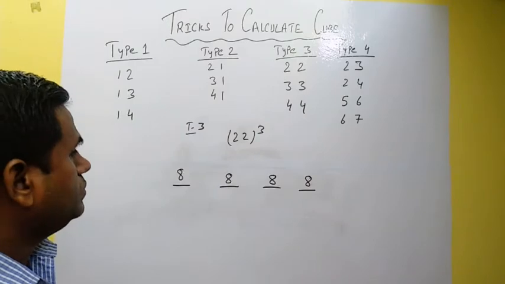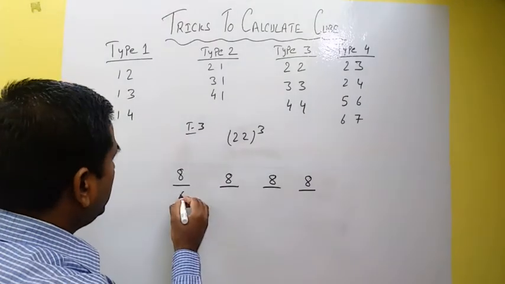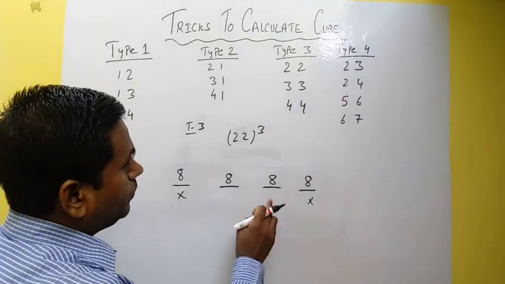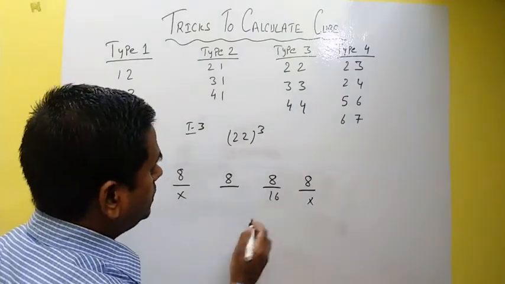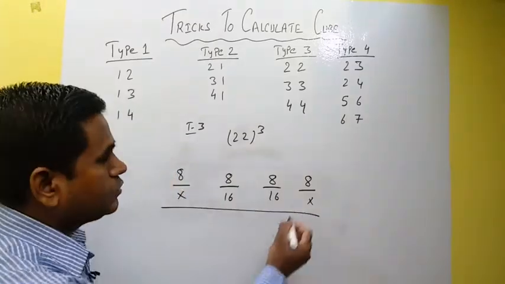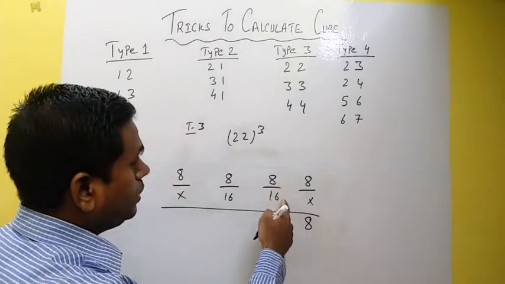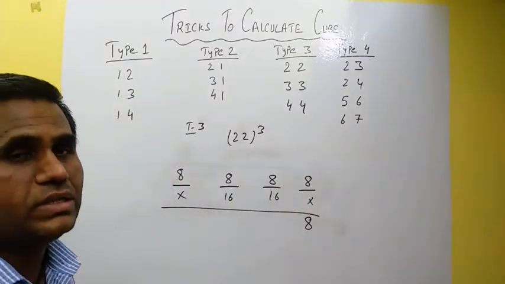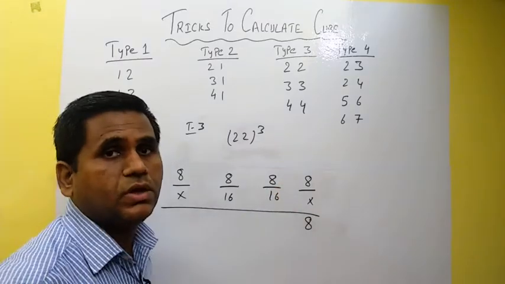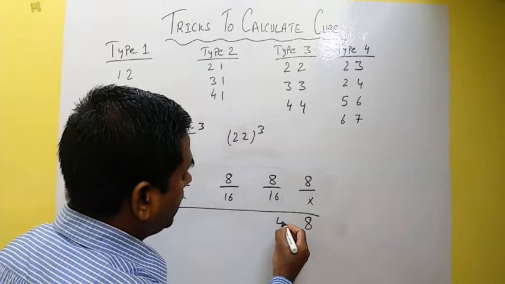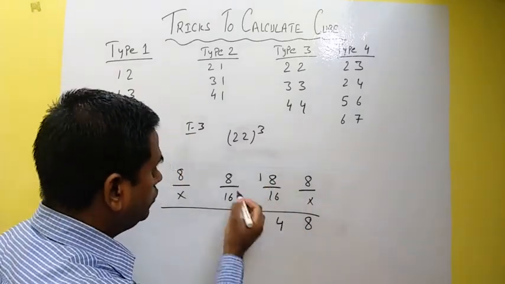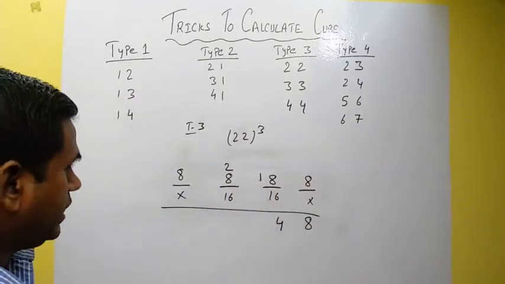Now what we are going to do is, we will leave the first and last place. Same steps. Now double of 8 is 16. Once again, let's add it up. So 8 will come as it is. Now 16 plus 8, or you can say 8 plus 6 also. Let's do it. 8 plus 6 is 14. For 14 we will write 4. 1 carry forward, right? So this 1 plus this 1 is 2. 2 will come here as a carry forward.